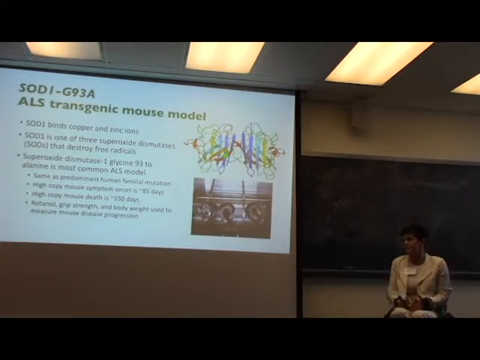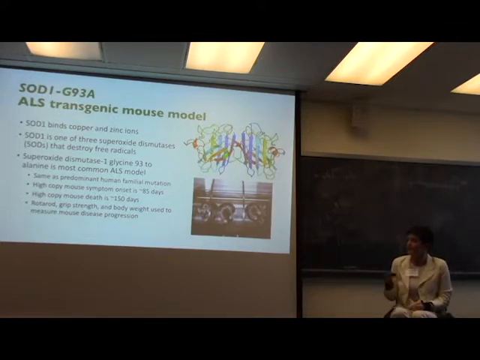The most common familial version of ALS is called the SOD1 G93A mutation. So that's superoxide dismutase 1 glycine 93 to alanine. So what SODs, or superoxide dismutases, do is they destroy free radicals, which is really important. You guys hear about cancer, and if you don't use sunscreen, all those things. Well, sun radiation is one form of energy that causes oxidative stress, right? So anyway, we have an SOD1 G93A mouse model of ALS. That's the number one utilized experimental model for ALS.